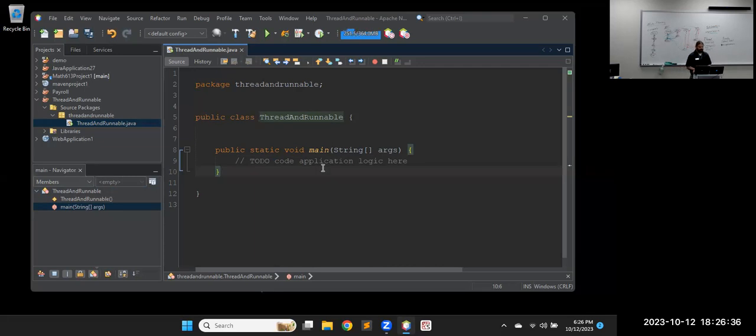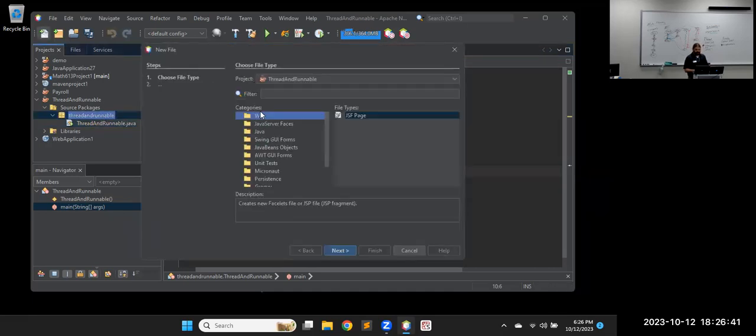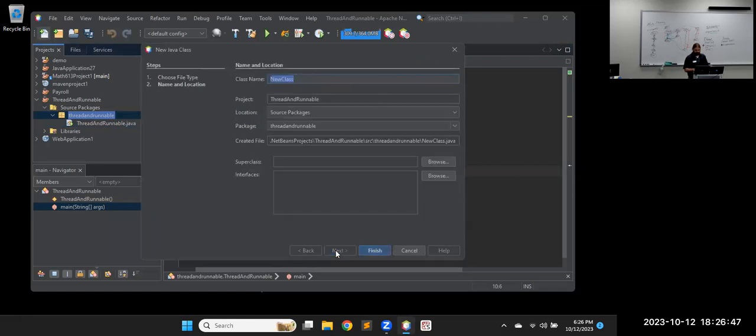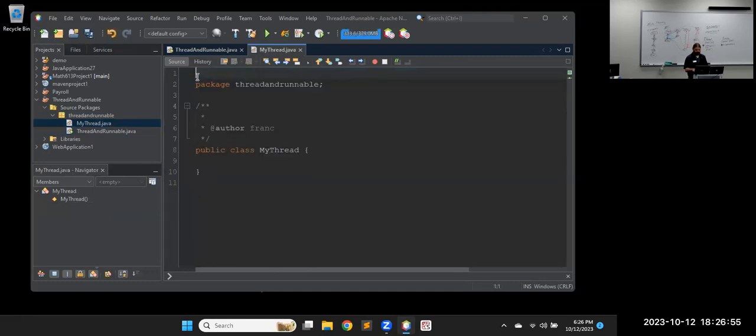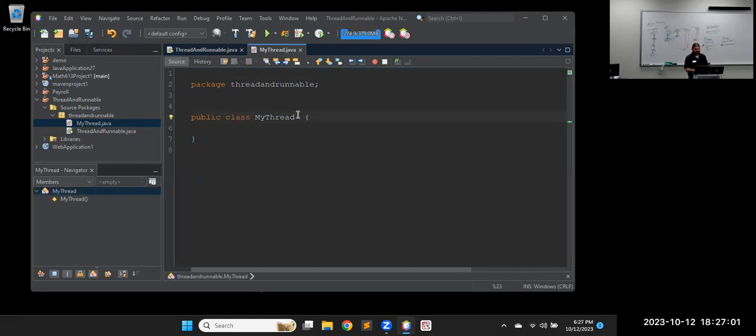So threads and runnables. Let's do a thread first. So I'm going to go into the package and create a new Java class. And I'll call it my thread. Sounds like a good name for it. So thread, like the notes just put on the board, extends thread, which is, notice it's not asking me to import anything. So it's at the core language, like int and boolean